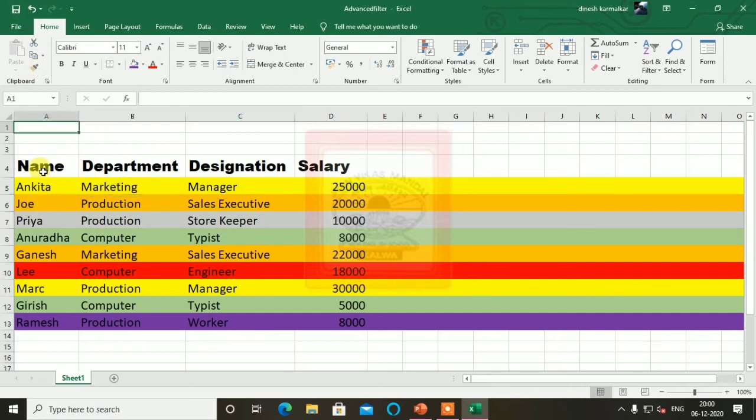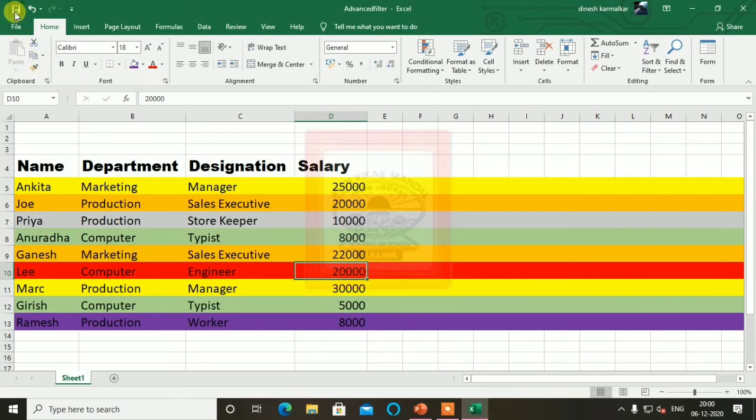Now let's see how to use the advanced filter. Here let's say we get 20,000 and here manager 30,000 is there. Let's make another one same like this. Computer engineer also will make 20,000 only. You know, two people are 20,000. Let's say I want the executives whose salary is 20,000. People whose salary is 20,000, that I want.